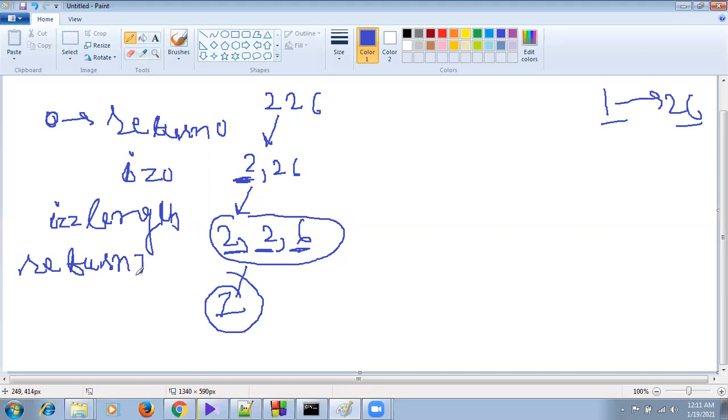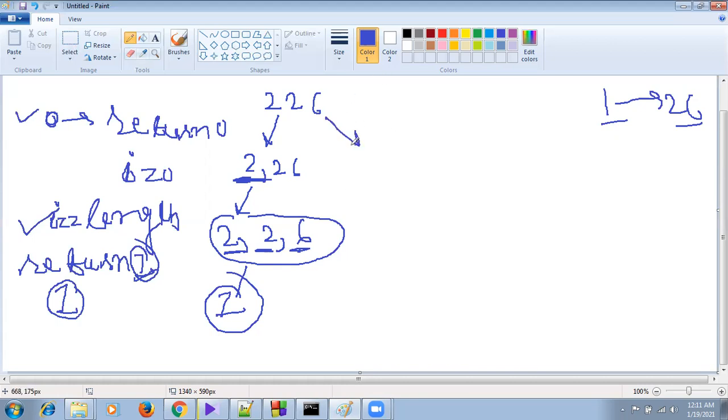That time we will return 1. That means we have processed all the characters and we have found one string that we can make after decoding. Okay, that is our second base case. And what was the first base case? Whenever we find a single character 0, that time we will return 0. Okay, and after checking, we are processing here for single character 2, 2, 2, 6.